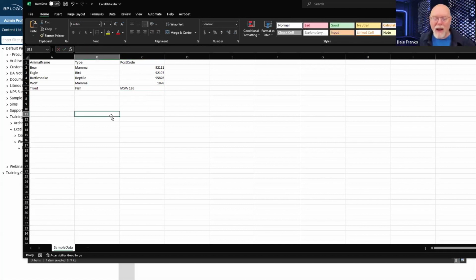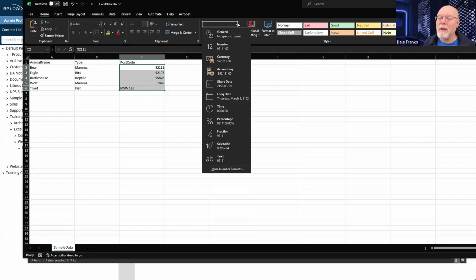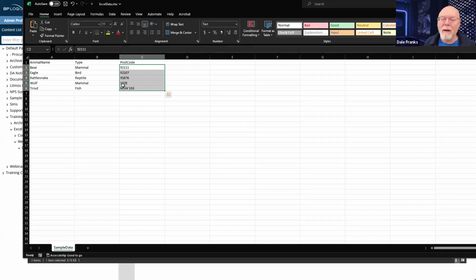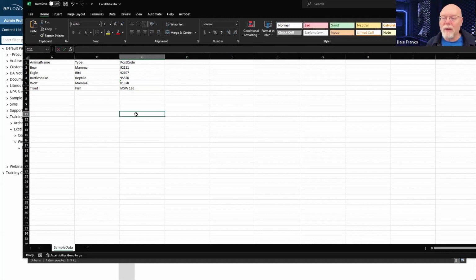Now, I hope I have enough data here to force this to be an integer field. See, here's the other problem. Let's make this a text field. I want to explicitly in Excel make this a text field so that you can see how little it actually matters. And I think this will do what I want. So I've got 01878. That might mess things up, but that's fine. I didn't actually physically do this test yesterday, but we'll take a look at it.